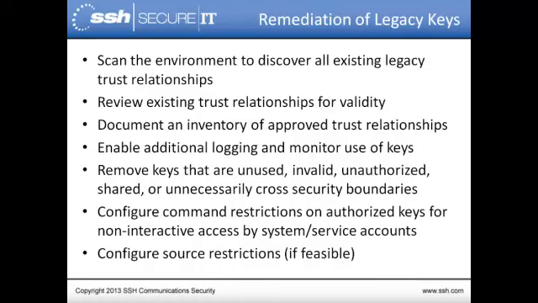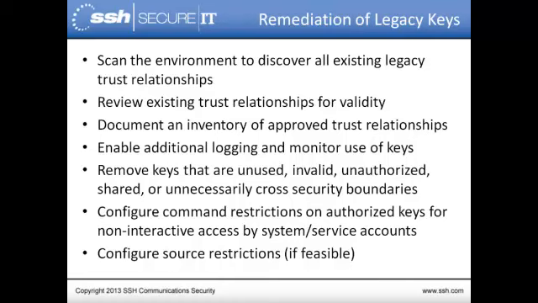Of course, all those trust relationships need to be reviewed to make sure that they are valid. And it's important to determine what the business purpose is for each of those trust relationships and to document that in an external inventory, basically creating the information about all those keys and what they do and the access that